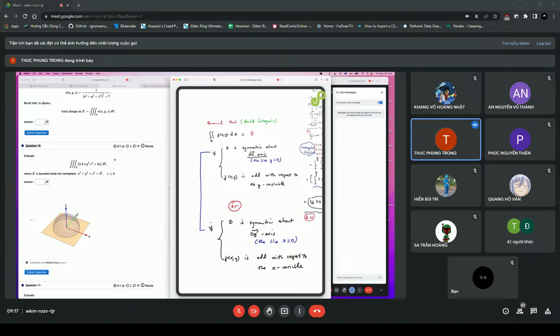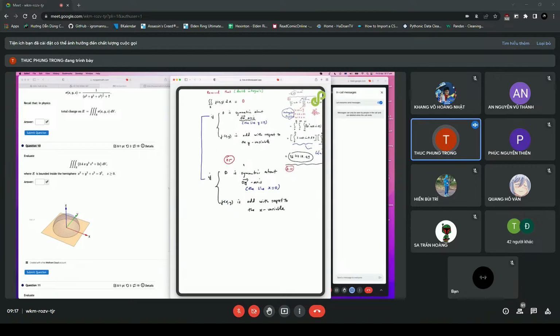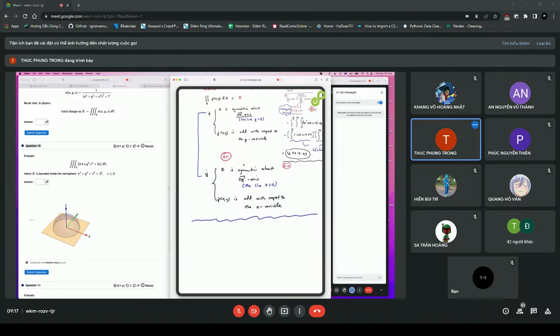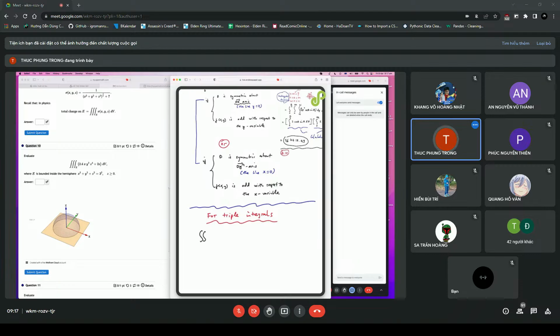And now for triple integrals, we have a very similar thing. So let me write it. This is just a reminder for double integrals. It's not new right here. So let's see what we have if we consider triple integrals. We have the following: the triple integral of f(x, y, z) dV over E is 0 if